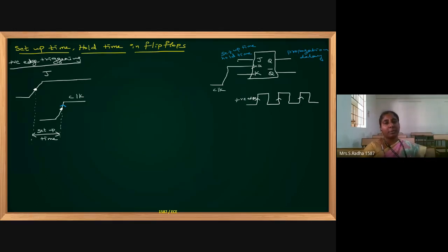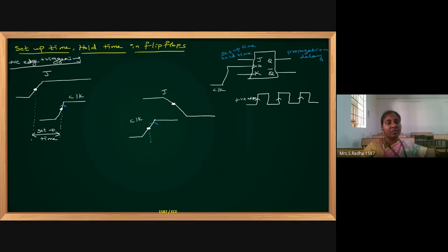Now I am going to hold time. Hold time means this is the J input. It is coming down to a lower level, from higher level to lower level. The shifting is completed. And if you see, this is the clock signal. Still I am maintaining the clock as positive. How am I telling it is positive? It is the rising edge.